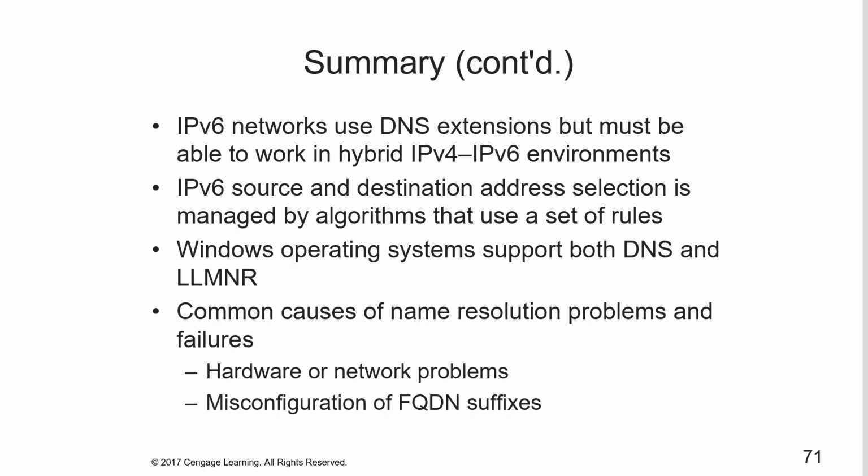IPv6 source and destination address selection is managed by algorithms that use a set of rules. Windows operating systems support both DNS and LLMNR. Common causes of name resolution problems and failures: user error, just kidding, hardware or network problems, and